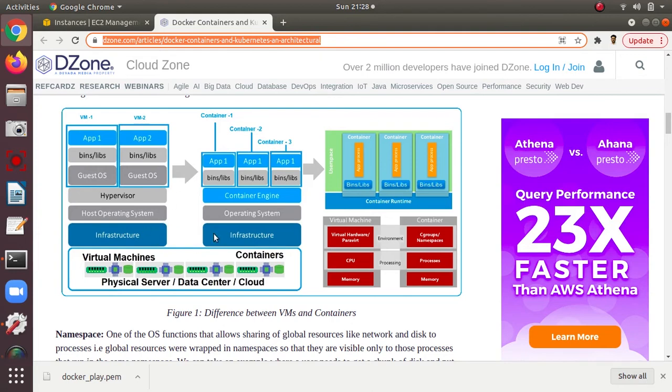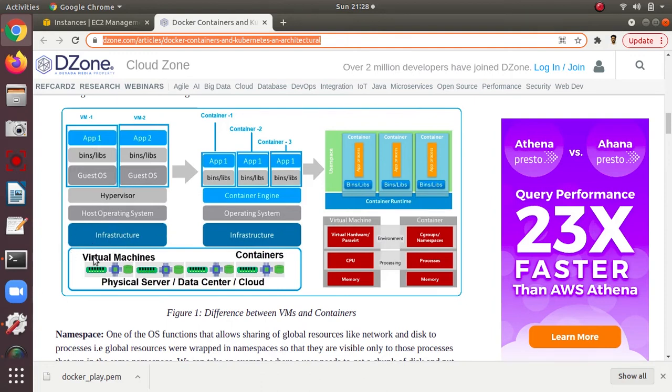This is a comparison of the differences between virtual machines and containers. So what is a virtual machine? A virtual machine runs over a hypervisor, so we need an isolated operating system to run over the hypervisor.